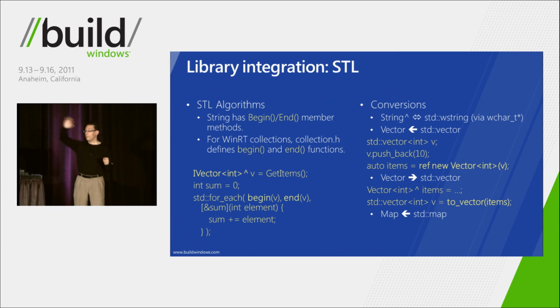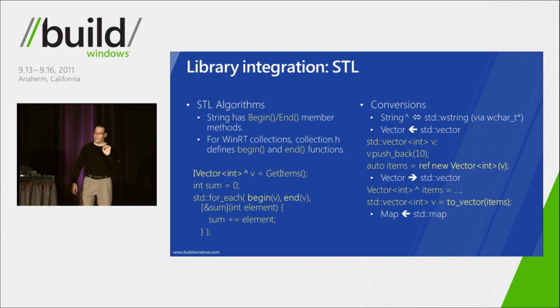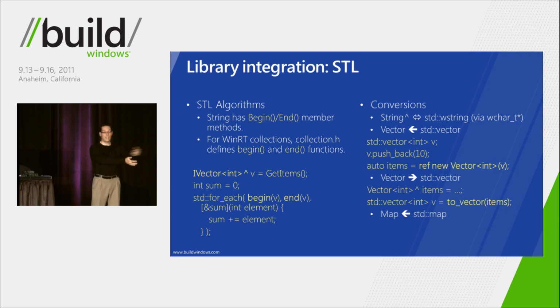And you should be using the WinRT types only on the surface, only on the boundary, and that includes string, and use your own local native types in the rest of your application. So my string can go to string hat and back and forth. Now, my std vector, my standard C++ vector, I can pass and initialize with a ref new vector of int from little v in that middle line of code, which is a standard vector. I could just immediately copy construct one or conversion construct one. And going the other way, I can create a little v vector straight from a big V vector that's WinRT